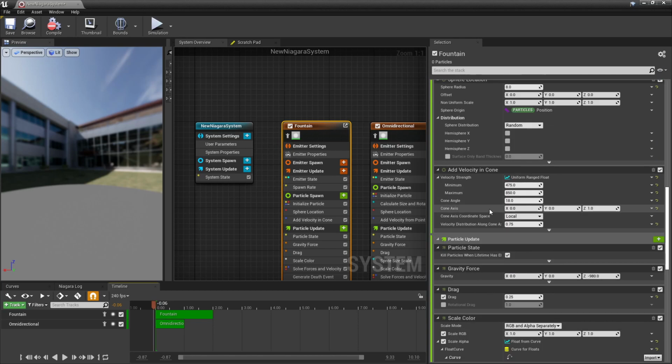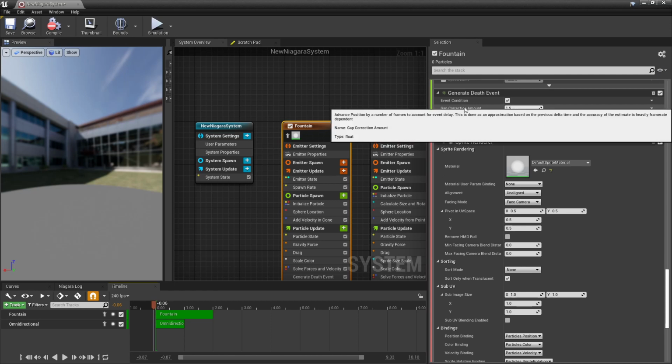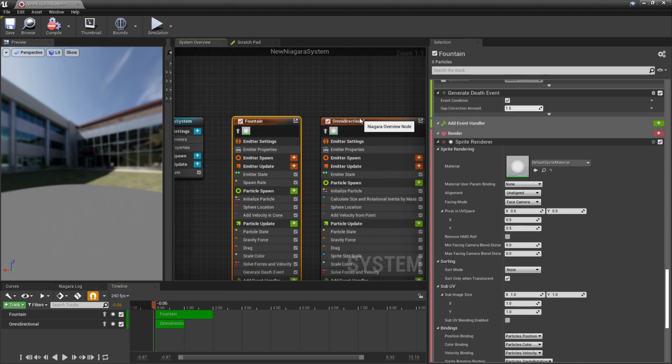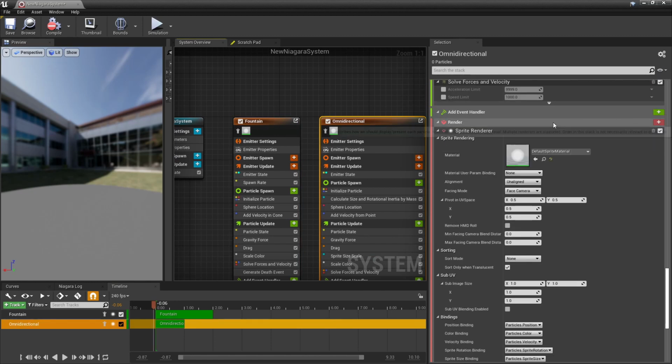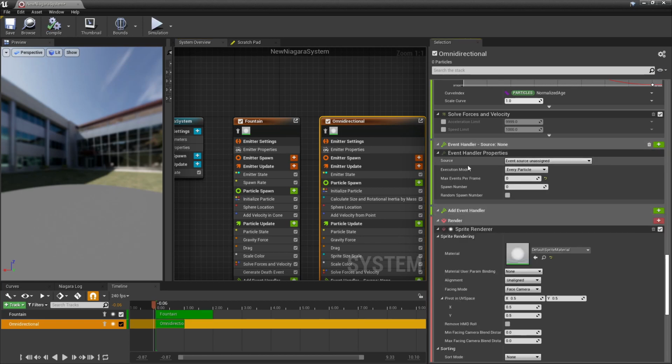However, now what has happened is we have added a generate death event here. Now let us receive that event. We go to omnidirectional and you see add event handler is there. So you click on this button here and here it is going to say source. Hey, where is this event going to come from?